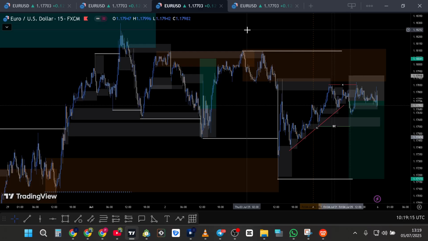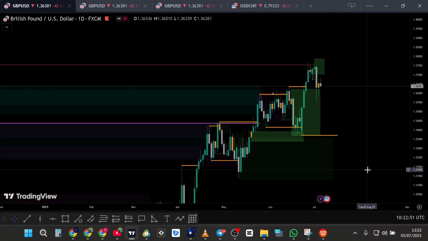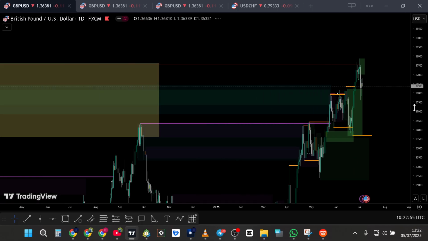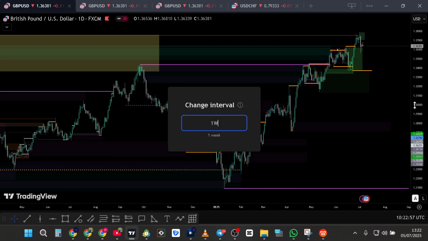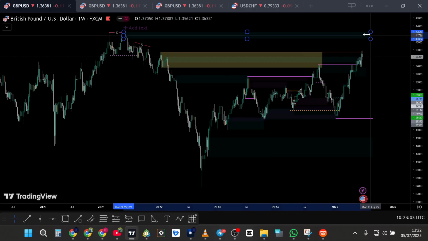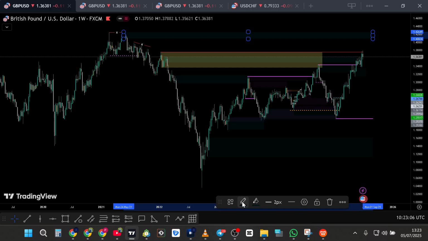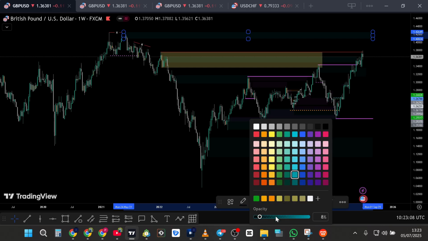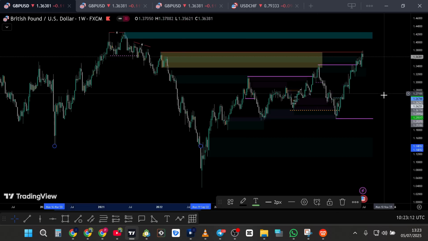Let's now check on GU and see what the rest of the pairs have in store. Okay, so GBP USD, starting off also from the weekly. You can see also we have some few areas of supply around here that I'm expecting also for price to come and touch, and possibly see some reaction from there before maybe looking for any